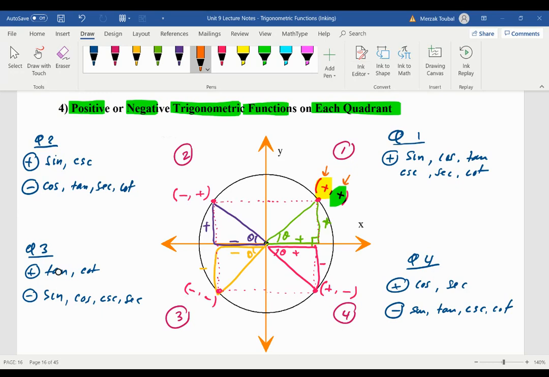Cosine is positive, sine is positive. Did I say negative? Sorry. Cosine is positive, sine is positive. Cosine is negative, sine is positive. Cosine is negative, sine is negative. Cosine is positive, sine is negative. And then what is tangent? Quadrant 1, tangent is sine over cosine, and so on. So this is how we determine whether